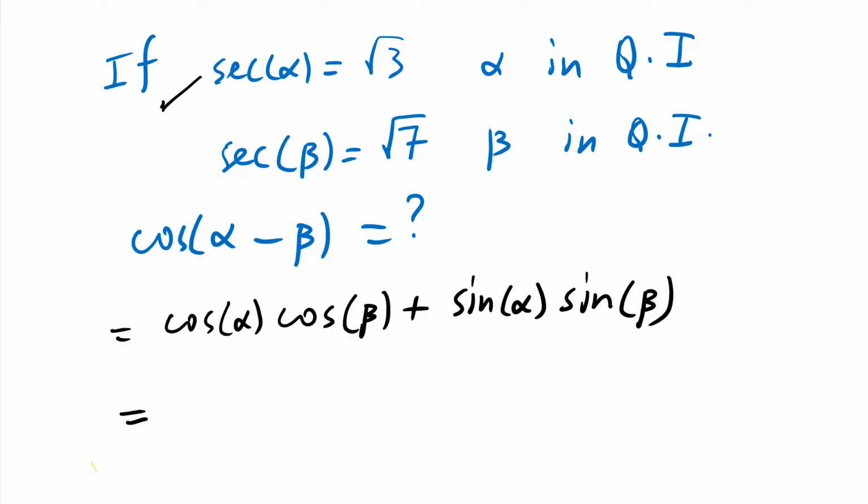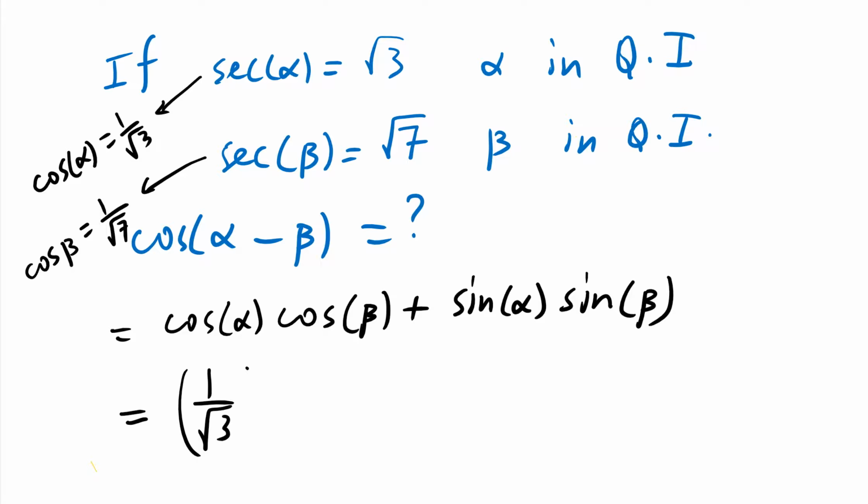From secant, secant is 1 over cosine. So if secant is square root of 3, then cosine alpha is its reciprocal. Cosine beta is its reciprocal. So cosine alpha is 1 over square root of 3, cosine beta is 1 over the square root of 7, plus